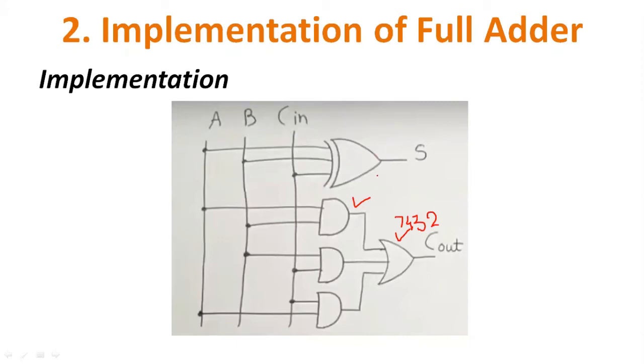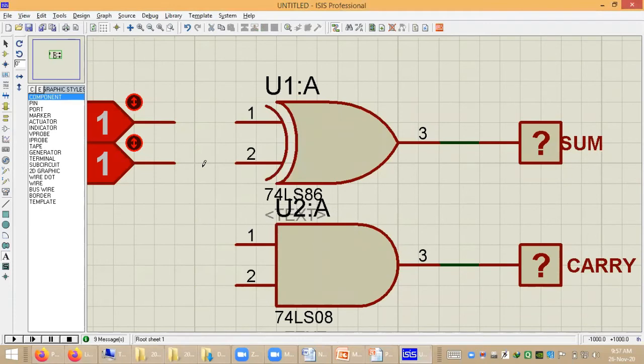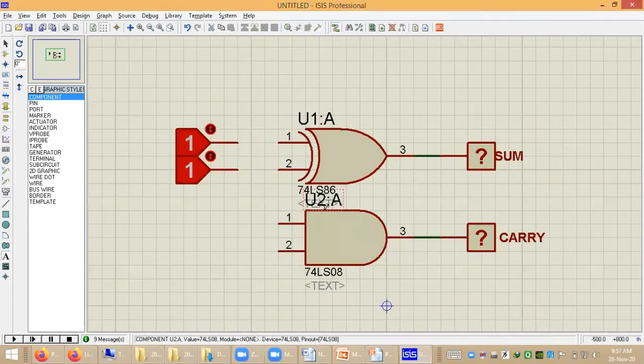this full adder. So what we require, I will just implement this circuit diagram fast.